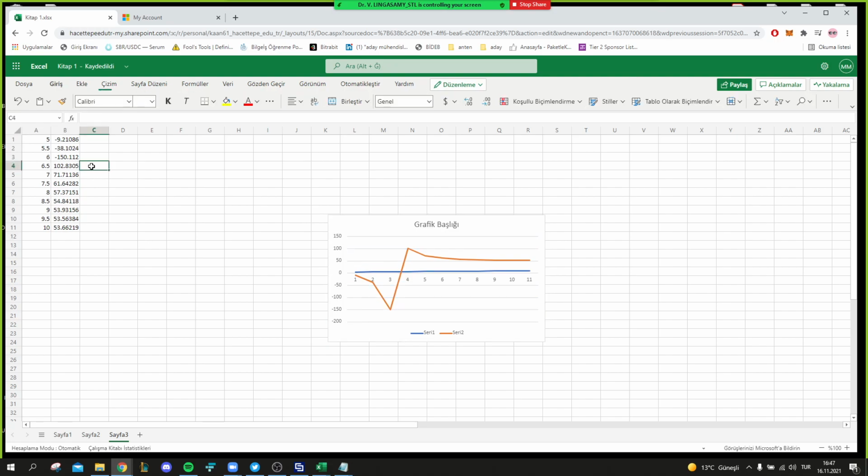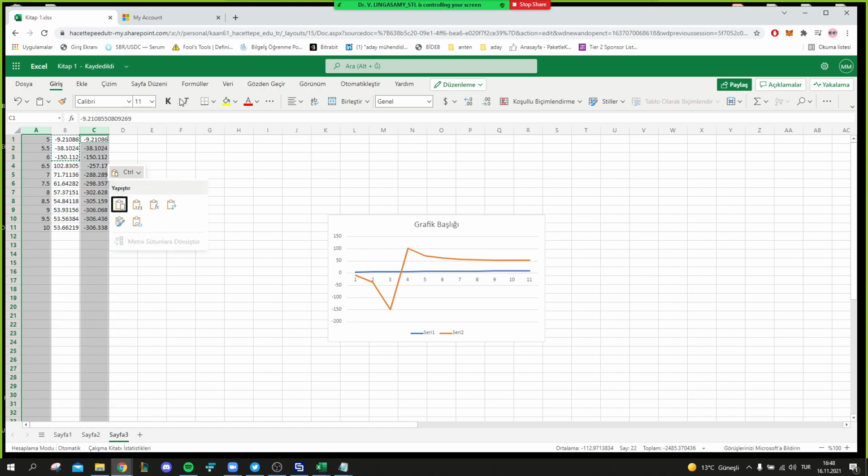What you have to do here is subtract minus 360. That's it. Now you get these values. Now we are going to plot it.